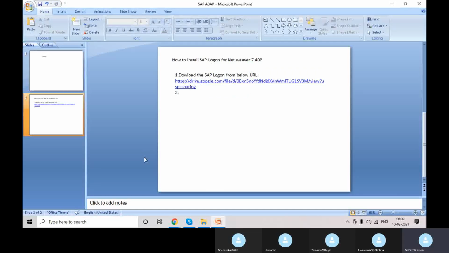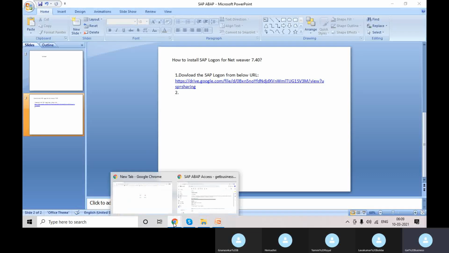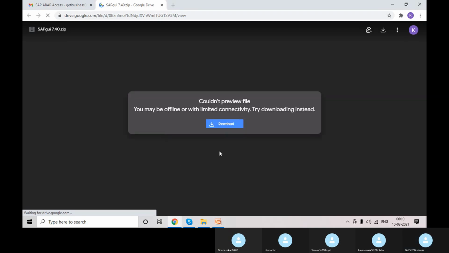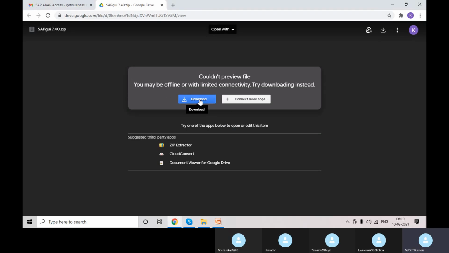I'll go to the mail now. Okay, so this is a drive, Google Drive. We just click on this. It will open one more view from the drive point of view. Here we have this download option. Just click on this download option.